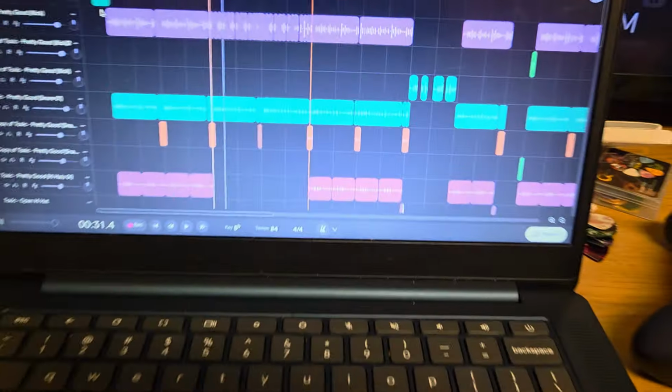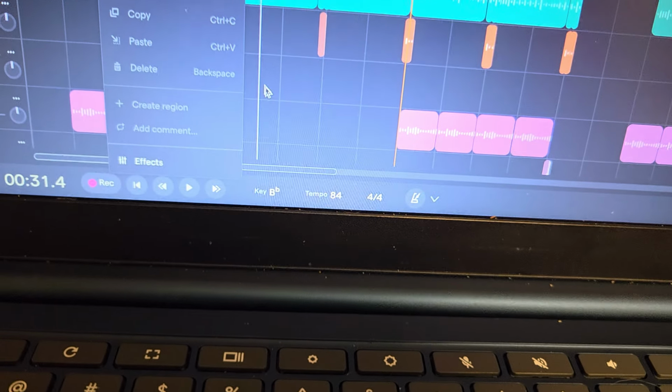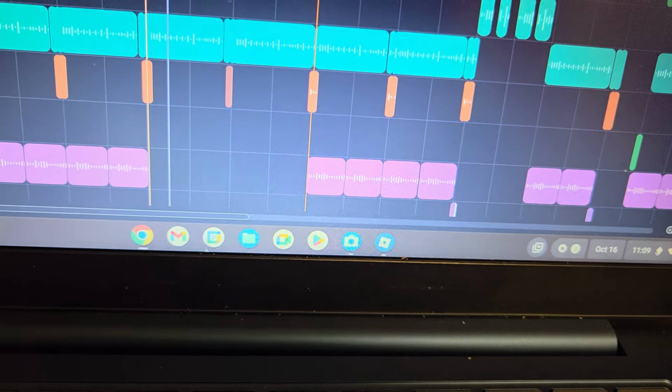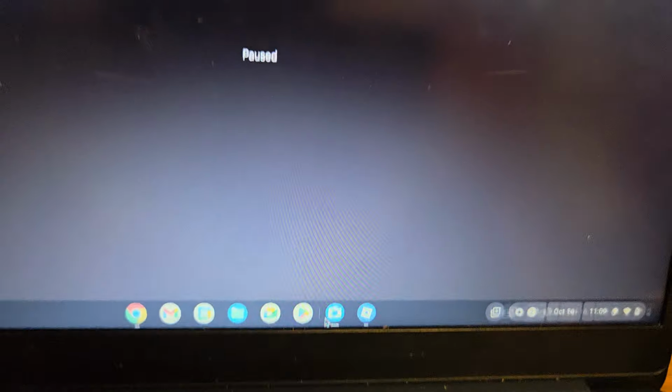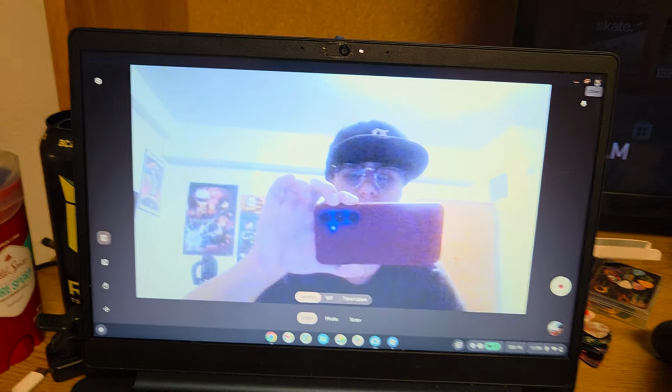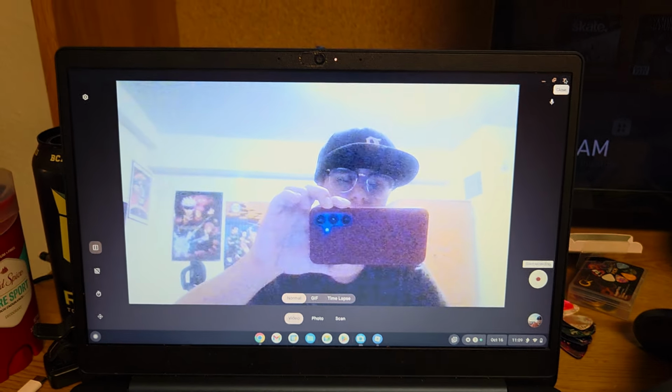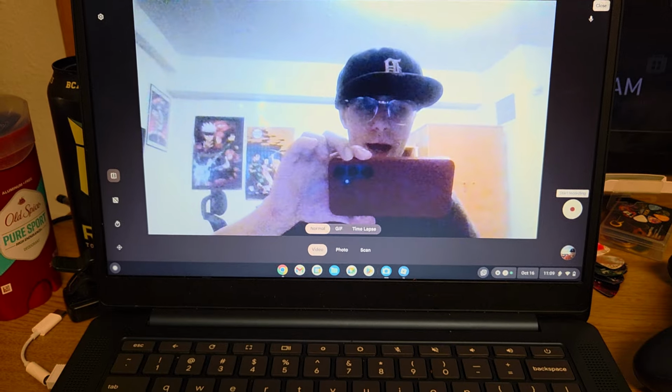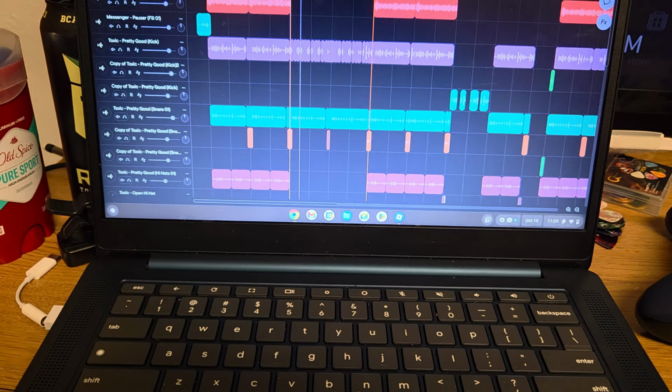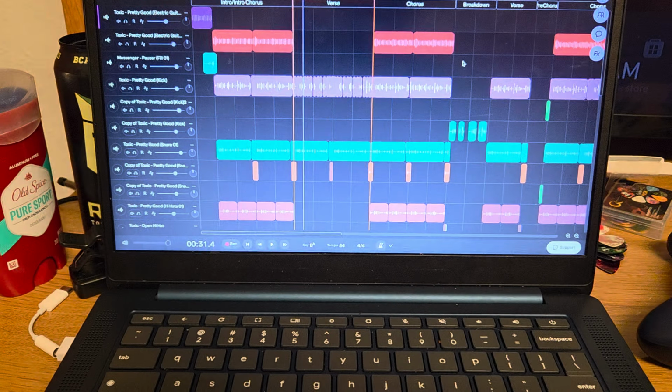If I go down here, I have my camera open because I was testing audio earlier and it sucks. Look at the camera. Oh my god, that's so bad. And then Roblox, because I was playing that earlier. I should probably get out of that so it doesn't drain my battery. Cool. Oh wait. Paper.